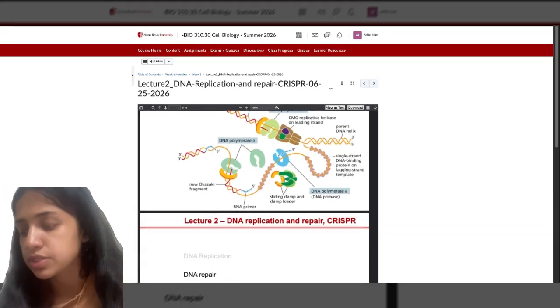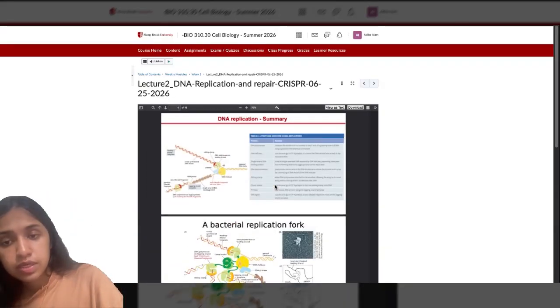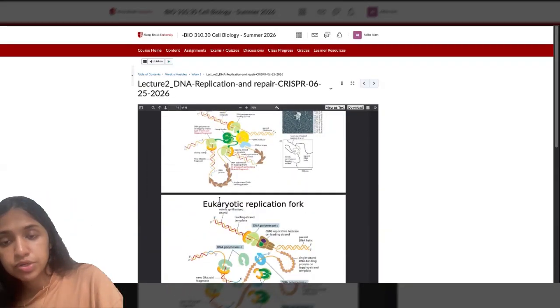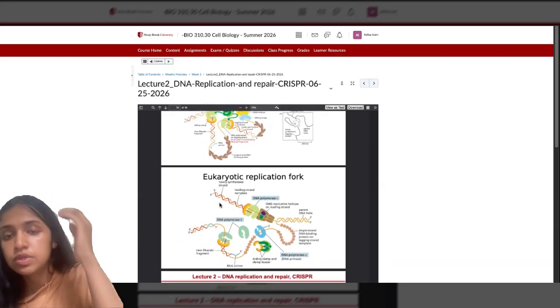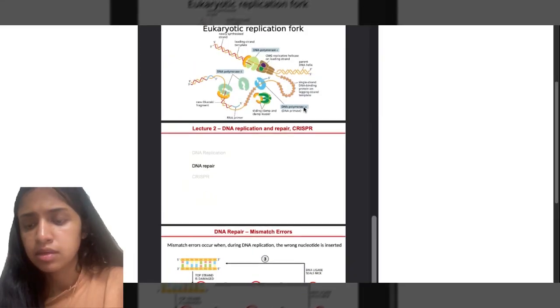Main difference from bacteria: okay, we're looking at, this is bacterial, right? Prokaryotic, and this is eukaryotic. For eukaryotic, we're seeing more diversity in polymerases, right? There are two different polymerases. Another thing is that you have